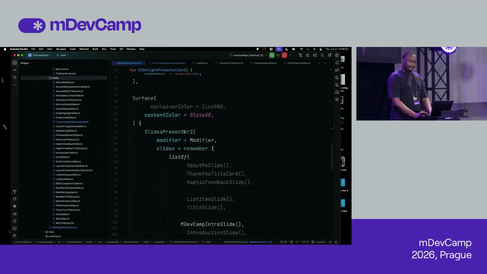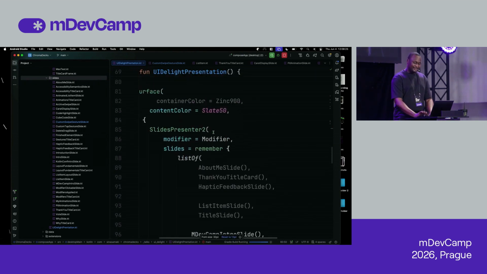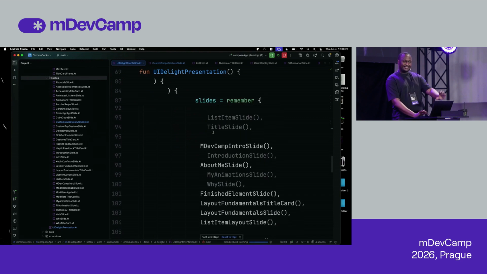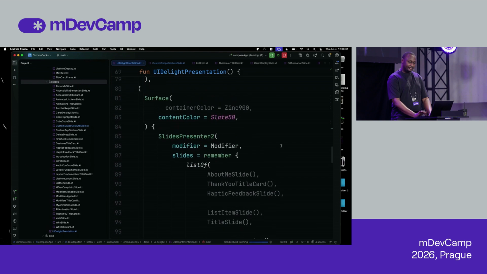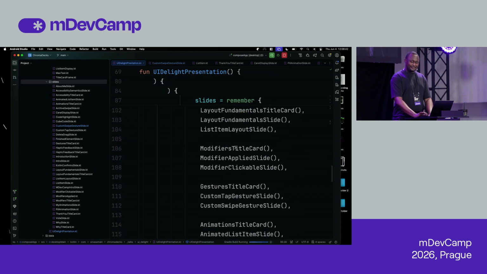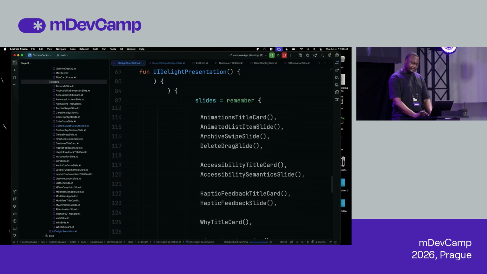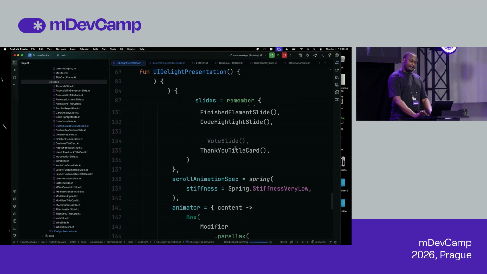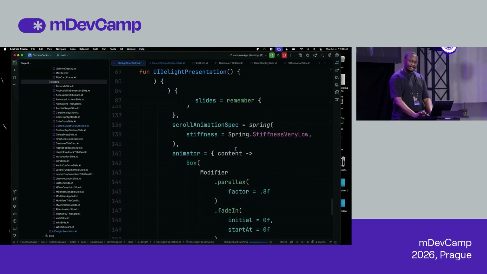So here you can see a lot of commented code. This is my list of slides that I just move up and down in terms of the order that I want it to be in. But it's all taken into this slides presenter 2. Slides presenter 1 was deprecated, so don't use that. Yeah, but you can see I'm able to move things around. And then other than the slides, I also have custom